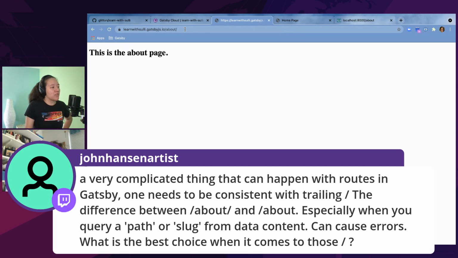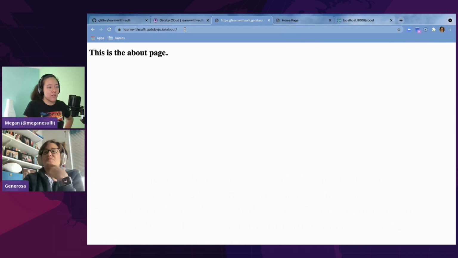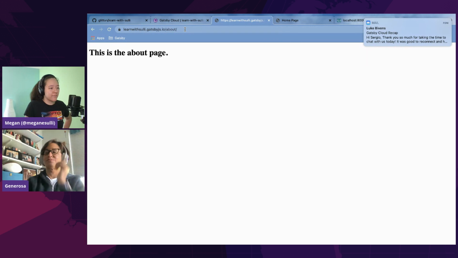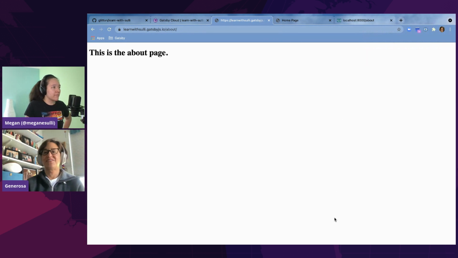I don't know what the best choice is though. I'll see if I can find out. Or Generosa, do you have any ideas? I've only used Slugify to get rid of those things with spaces, but I don't know if that's the best choice. So I don't know. Probably people in the interwebs can answer. Yeah, tweet at us, and I'll send it to somebody.